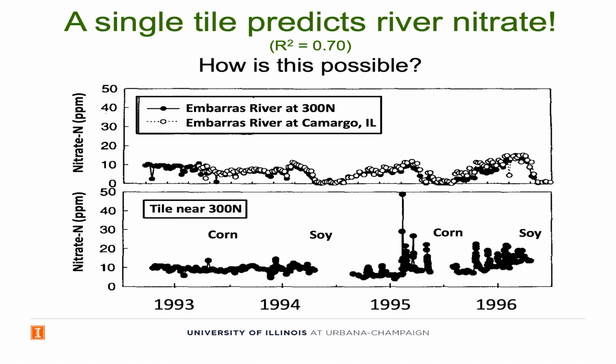But what stunned us was that we could just take this one tile and regress it against the pattern of nitrate in the river, and we get an R squared of 0.7. So how is it possible that just one tile located in the middle of this 119,000 acre watershed could match up so well with what we saw in the river? And it's because,